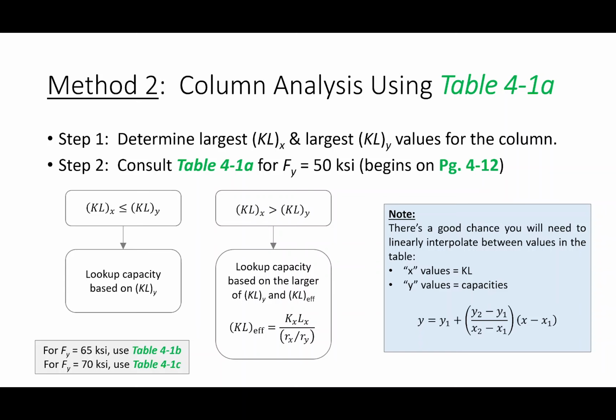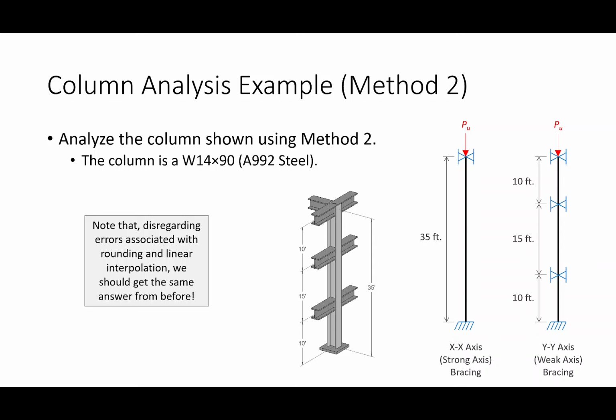Again, make sure that you use table 4.1a for 50 ksi. If you're using different yield strengths, the manual gives you different tables to use. Okay, and I will say, y'all remember this? We are going to be doing this. So the old linear interpolation. So what we're going to do on Wednesday is we're going to do this problem again, but we're going to do it using table 4.1. And the whole goal of Wednesday's lecture is to get familiar with table 4.1, because you need table 4.1 for design. And we'll talk about